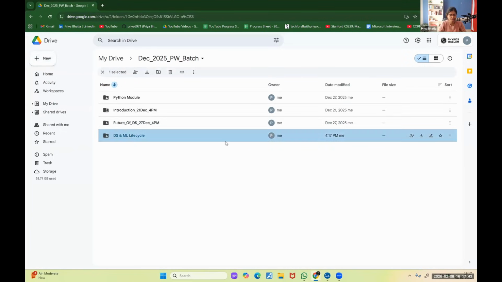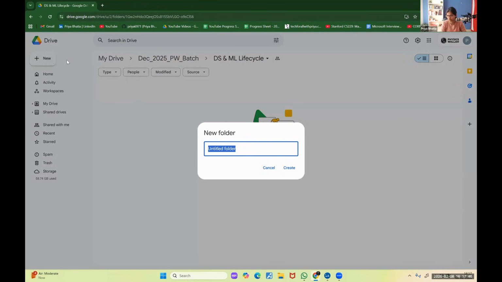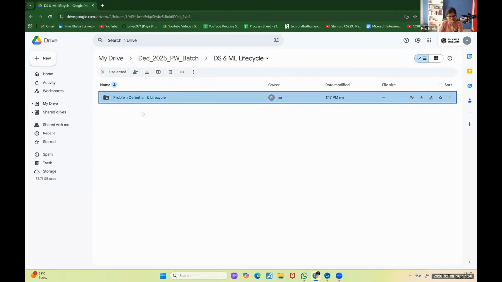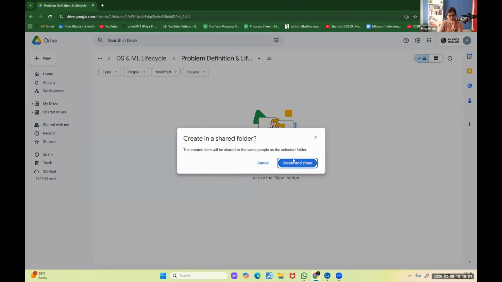So over here, let's create the first folder, which is about problem definition and lifecycle understanding. So if I create one Google Doc for this,